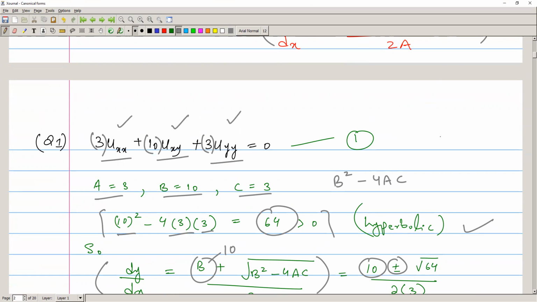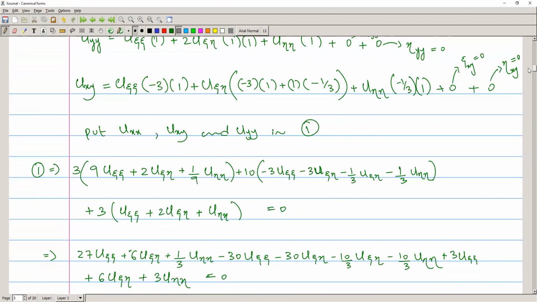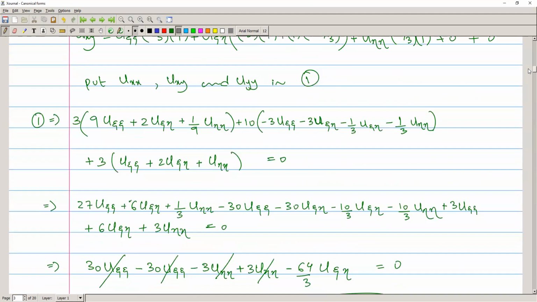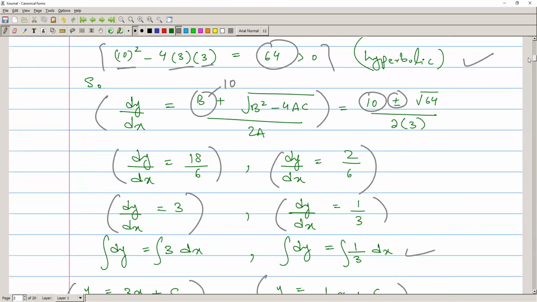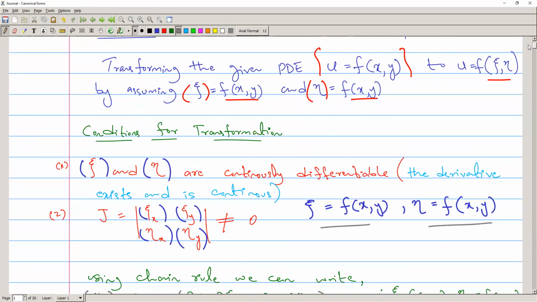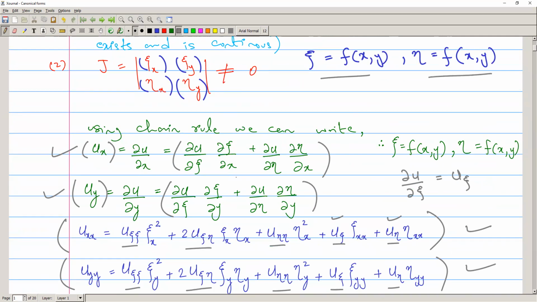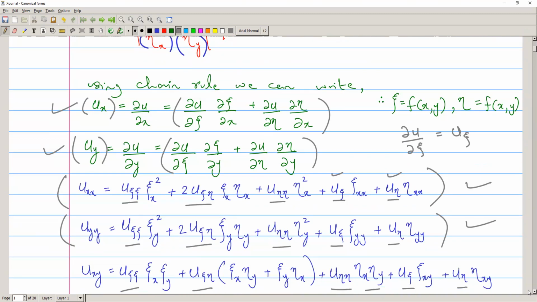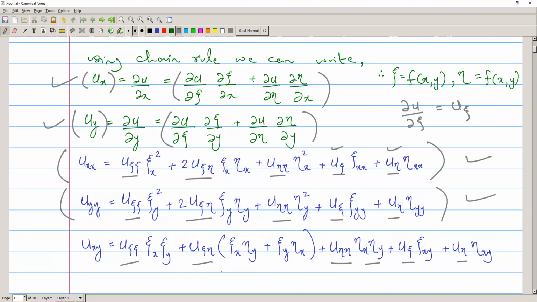So you can directly apply the equations of uxx, uxy, and uyy. These are the equations of uxx, uyy, and uxy. So what we are doing now is putting the values of